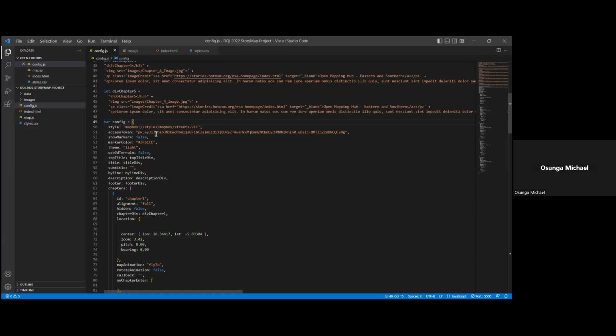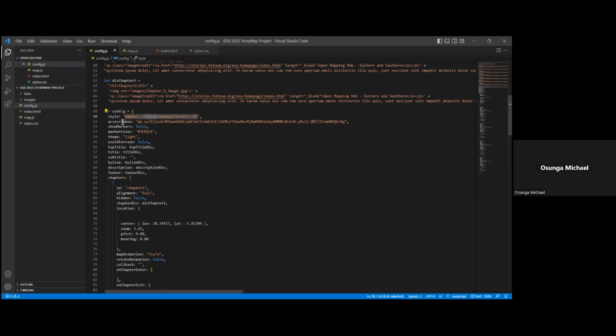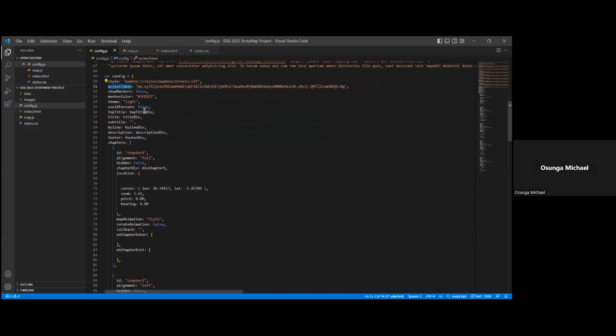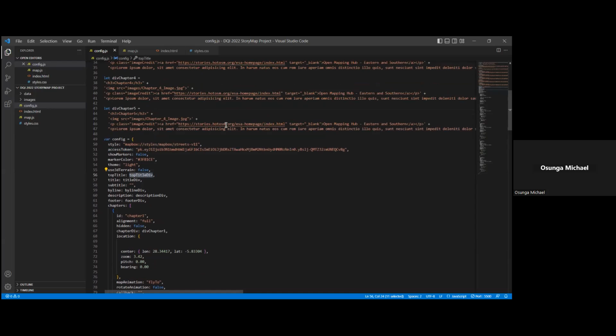Before you go further, you'll be required to enter the Mapbox base map that you'd want to use, and then you'll also have to put in your access token. And then this is where the divs that I've filled in using some HTML are going to go. So for